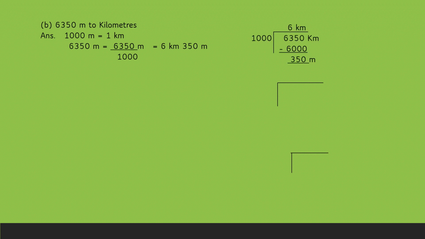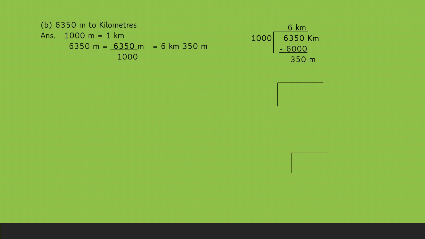By long division method also you can see how it is. 4-digit numbers are there in the divisor and in the dividend. So you will read the table. 1000 ones are 1000, 1000 twos are 2000, like this. 1000 sixes are 6000. 1000 sevens are 7000. Now 7000 will be bigger than 6350. So you will take 6 times only. Now when you will subtract, you will get remainder as 350, which is a 3-digit number. Now further you cannot divide it. So it will be in meters, and quotient part will be your kilometers.